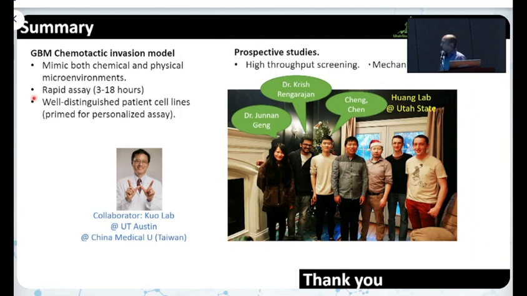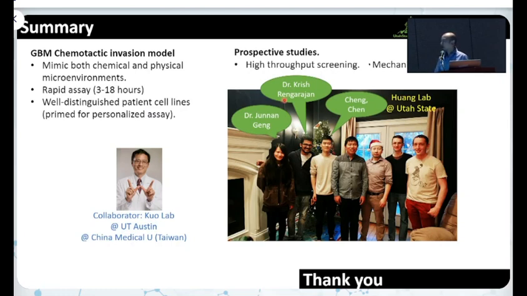Okay, so in summary, we demonstrate the GBM chemotaxis invasion model that can mimic not just the physical microenvironment, but also the chemical microenvironment. And it's a pretty rapid assay. Now, the video we showed you is typically 18 hours long, compared to animal studies or other in vitro studies that use days or weeks, and we can use that 3 to 18 hours to identify